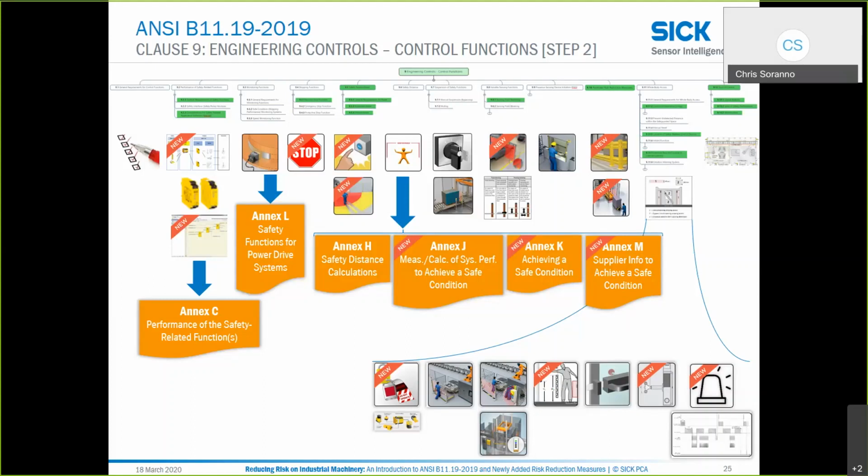Then it goes into safety-related manual reset. A new one is locating the safety-related control devices at a safe distance so they cannot be accessed from inside the hazard zone. We talk about inhibit functions, which include interlock blocking devices or slide bolts. We've now added the ability to open interlock guards from inside the safeguarded space. That could be locking or non-locking interlock switches. And the new clause is also addressing